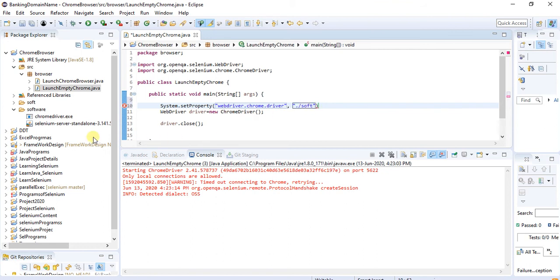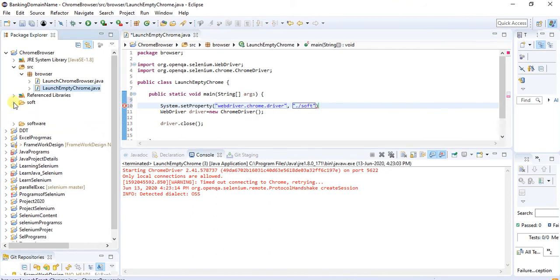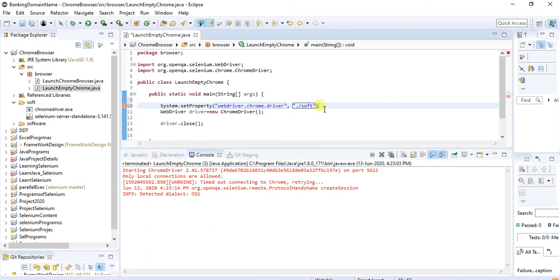I have given this path. Give the exe file name.